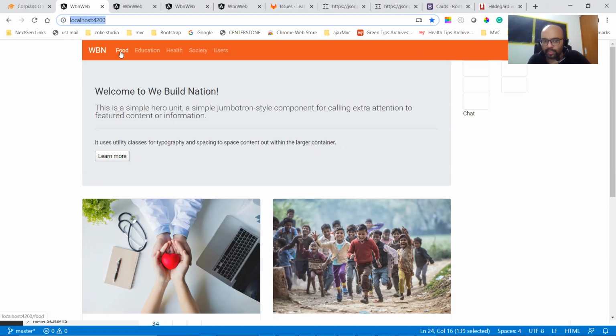So tomorrow's session, what we're going to do is form validation and form working, and actually how a form gets integrated to an API. Same thing: you get the data from the form, post it to your provider, the provider will hit an API, and the API will post it finally in the database. I'll give you a live API which we have built, where you can push the data and see the result also.